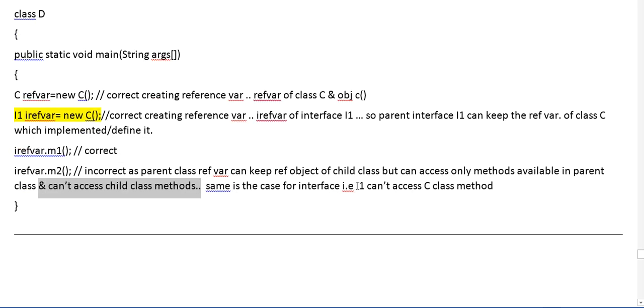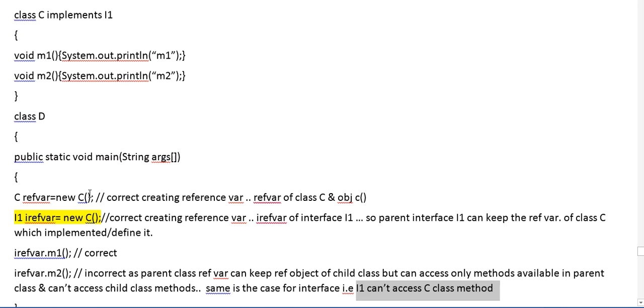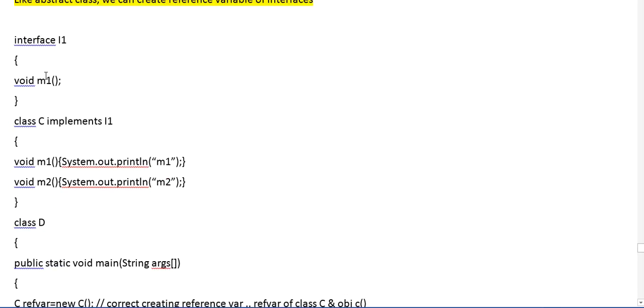That is why I1 cannot access the C class methods. It can access the methods of its own interface, M1. So it cannot access the methods of its child, as in the inheritance case. So the same is the case here in the interface.